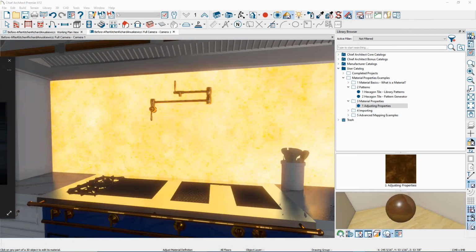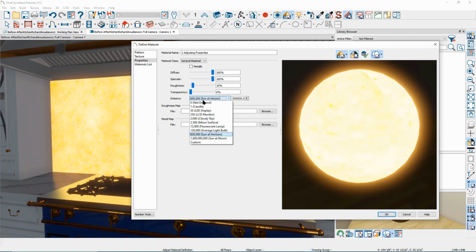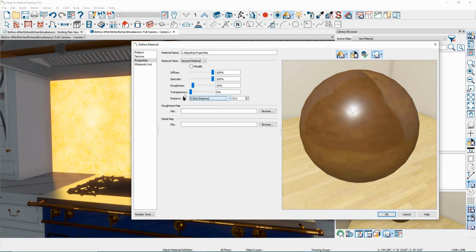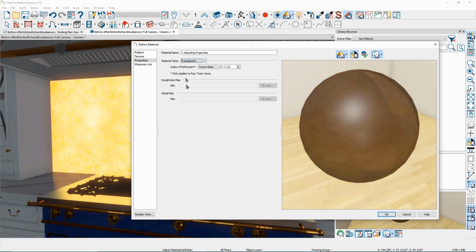And more than that, let's go back. It's still set as emissive. Let's make that back to 0. If you want to make something refract, this will just make it see-through. It won't actually refract it, even in ray trace. What you need is to change the material class down to transparent. And then we have our index of refraction. I just leave that as crown glass. This, when you ray trace it, will look like